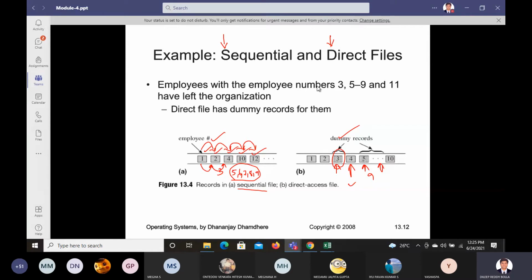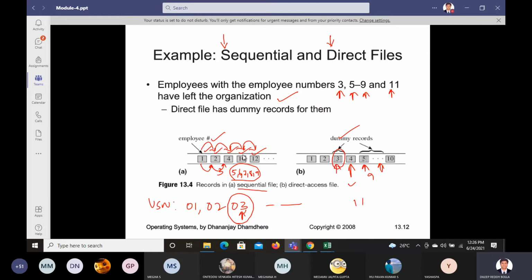Employees with employee numbers 3, 5 to 9, and 11 have left the organization, so we have deleted the corresponding entries here. Let us say when you join first year, we give USN numbers, USN 1, 2, 3, like that up to USN 11. Now USN 3 has changed the branch or the college.